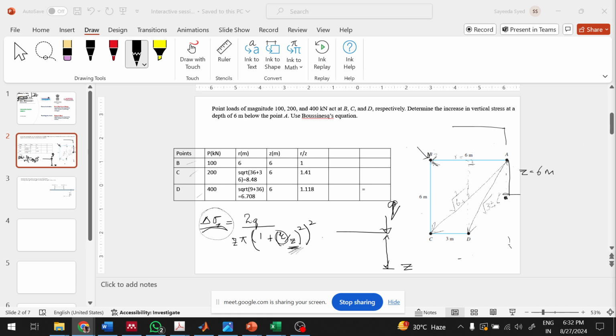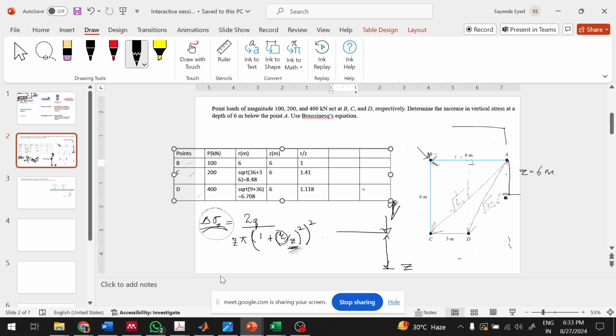Okay. 2 into 3. So 2 into 2 divided by z, 5. Okay, so this comes out to be,